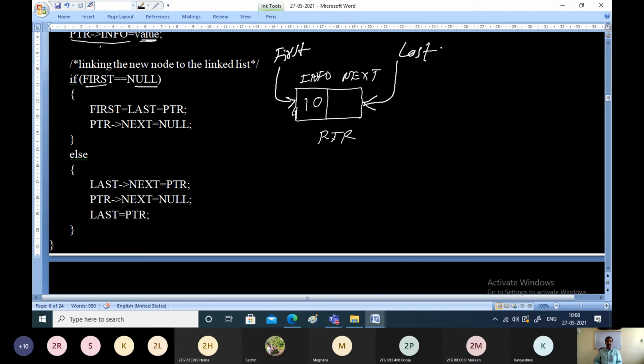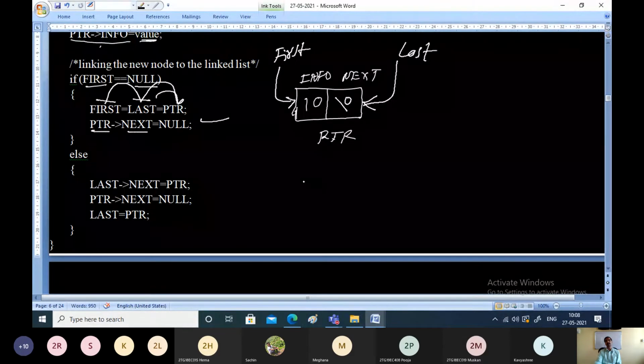Then in the next field you have to store null: PTR pointer next equal to null. In other words, PTR is assigned to last as well as to first. So now first and last both are pointing to this PTR node only.